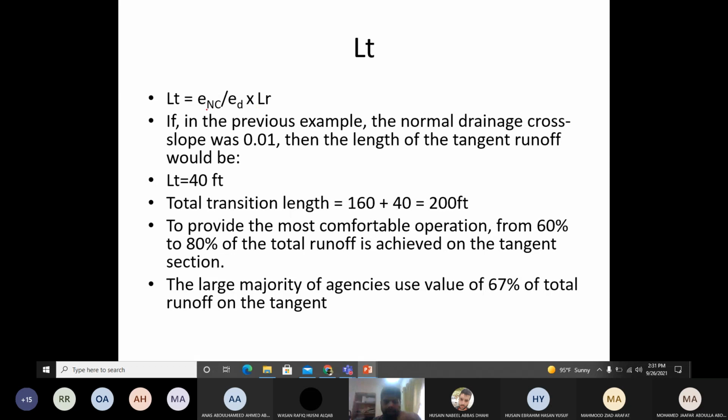So the equation is very simple. ENC means normal slope, and ED is the design super elevation you want. So the normal cross slope of the road before the curve, before super elevation, and ED is the super elevation you have designed the curve for, and LR is the length of super elevation runoff. So for example, in the previous example, if I take ENC as 1% or 0.01,